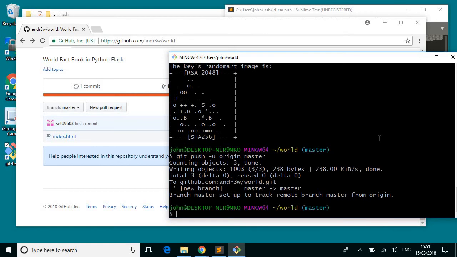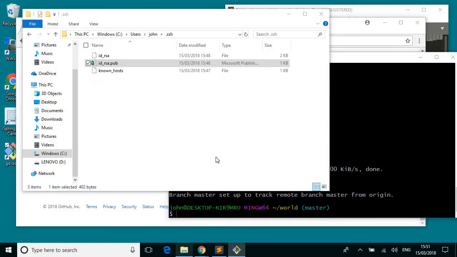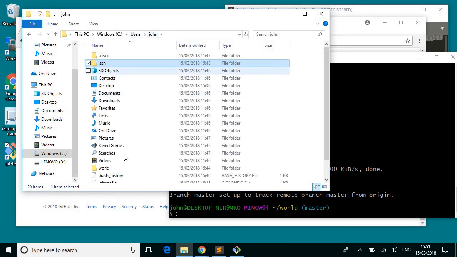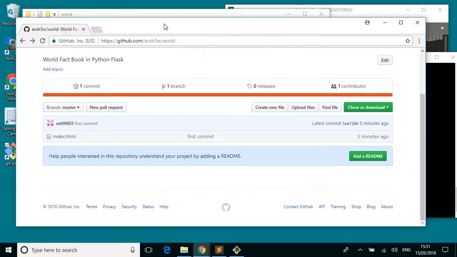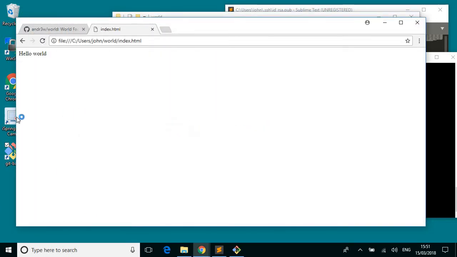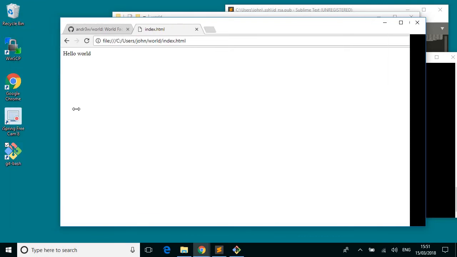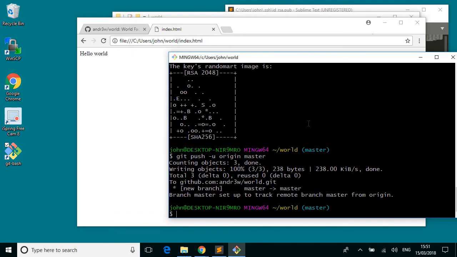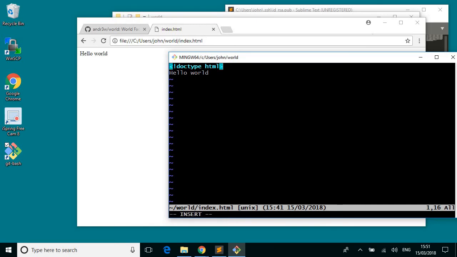Let's make some changes. If we look at the project right now, where were we? So back in world. So here's world, and let's test my application. It's called index.html. It says hello world, and I want to change that a bit. So let's edit it. So vi index.html. Okay, let's give it a rel equals stylesheet. We'll give it a style sheet, and is it href equals world.css. Okay,